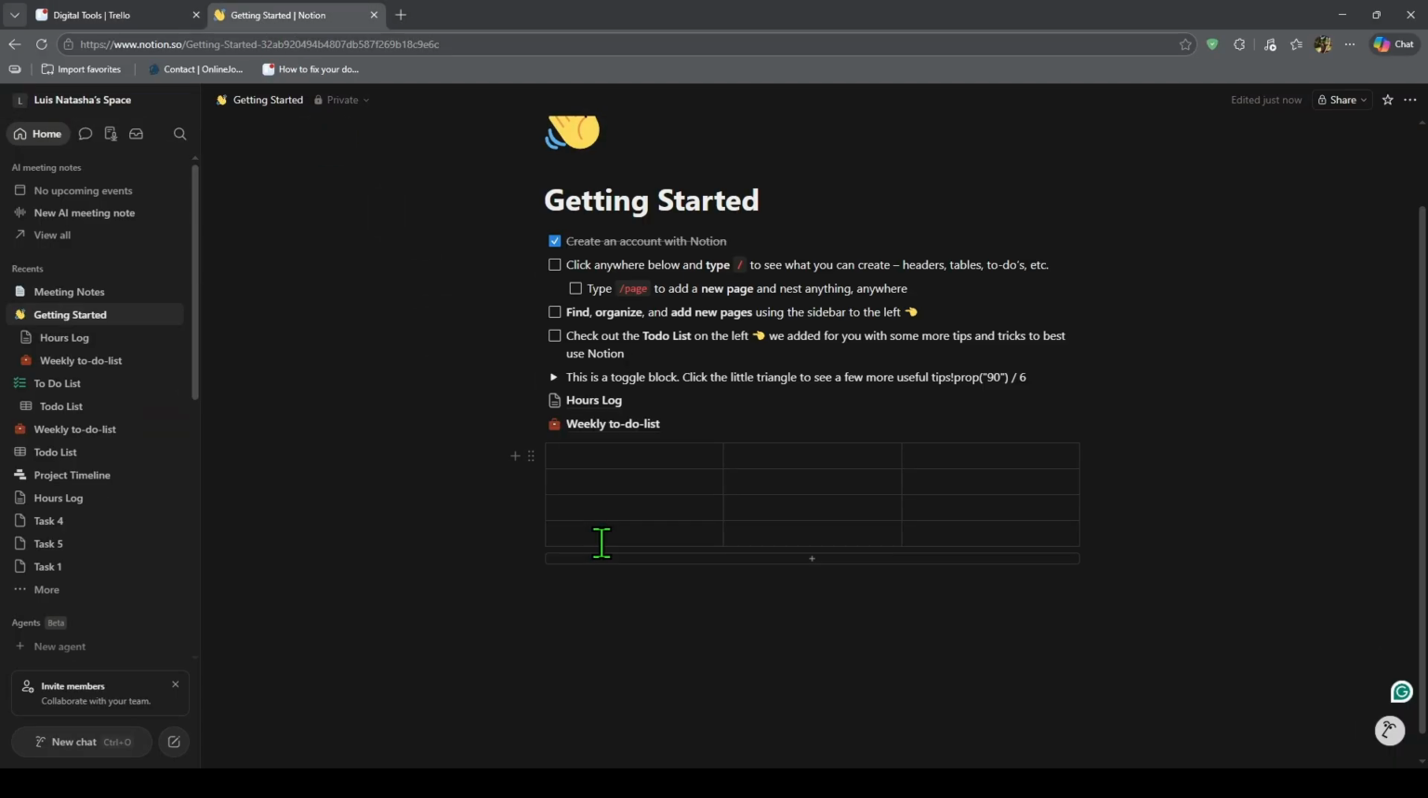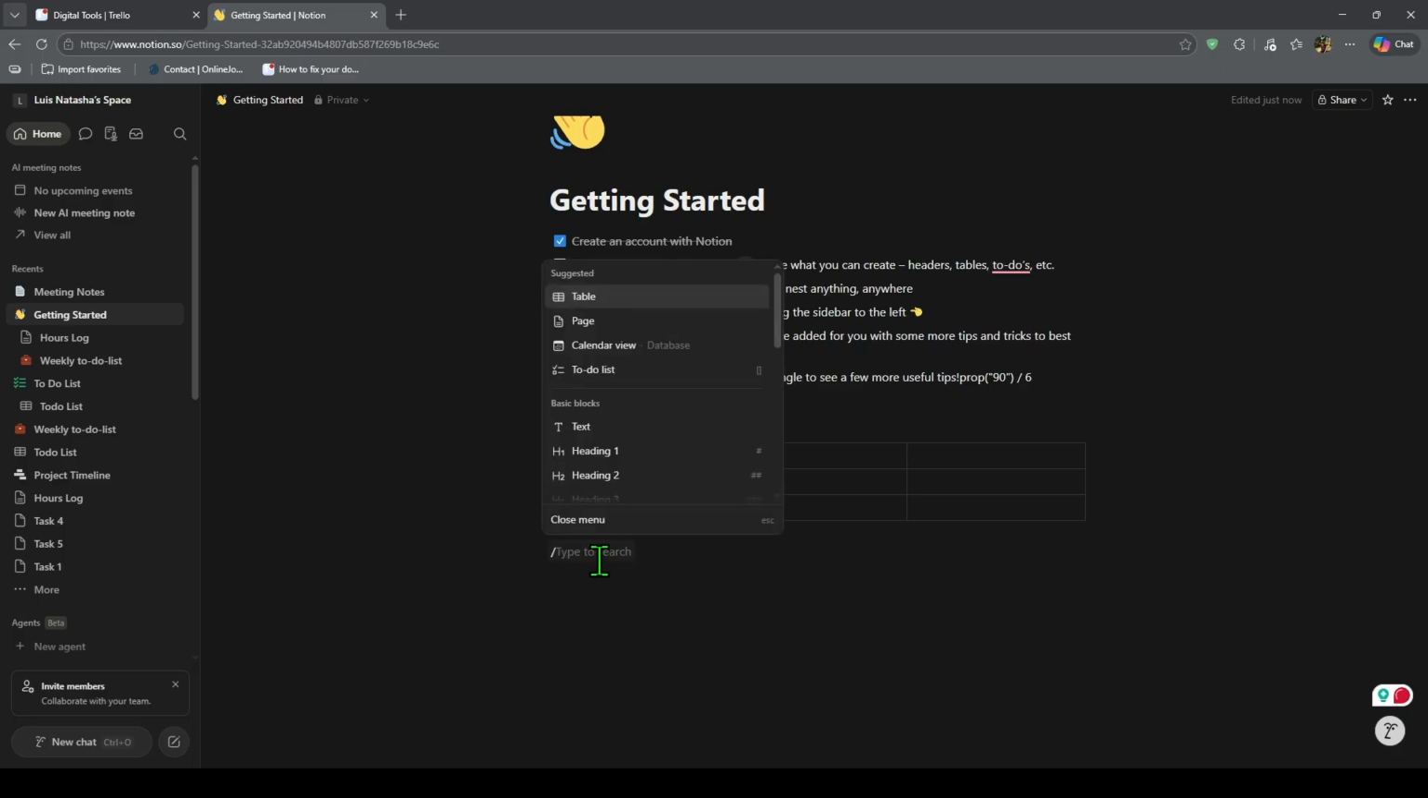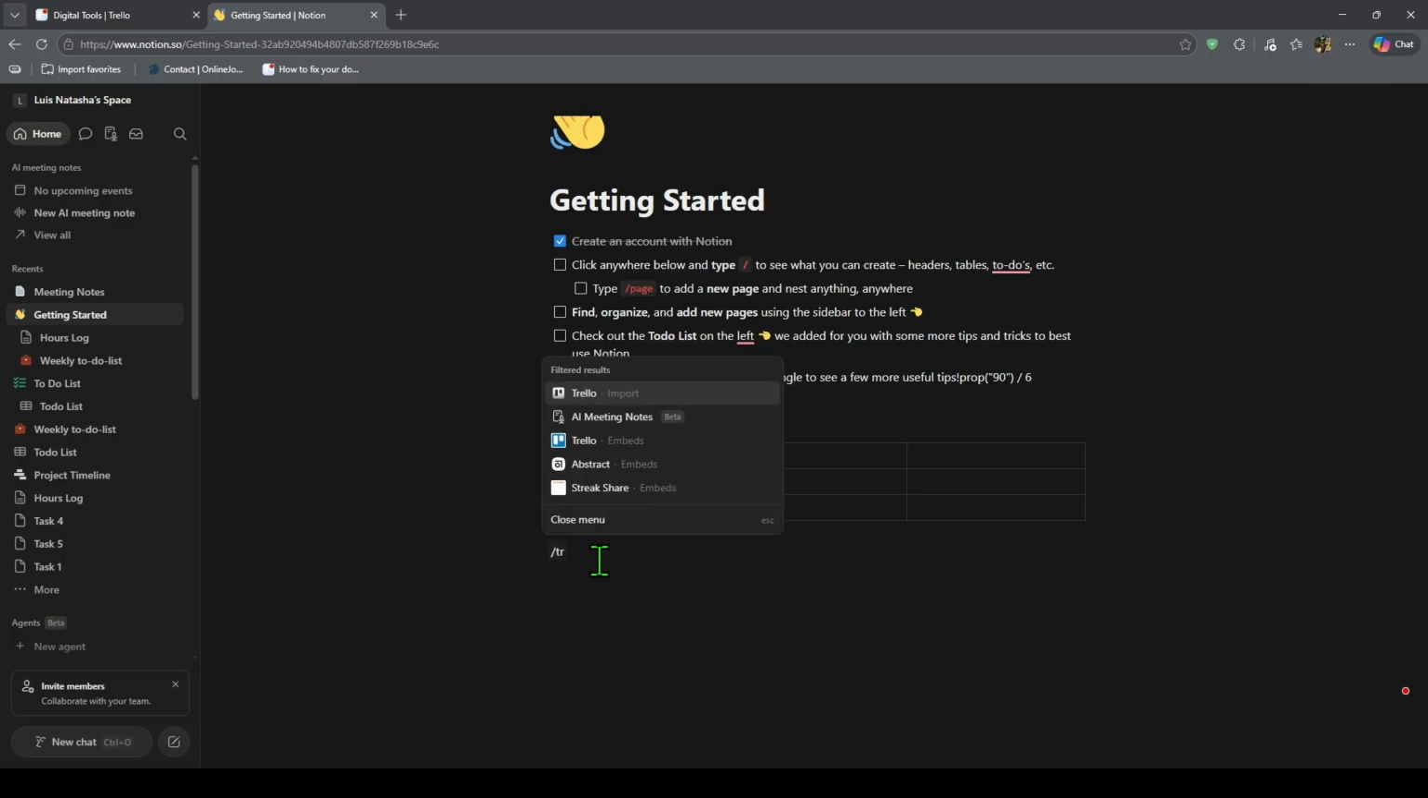In this video, I'll show you how to integrate Trello with Notion. There are a few different ways to connect Trello and Notion, and the best one depends on what you want to do. If your goal is to move an entire Trello board into Notion, Notion has a built-in Trello import